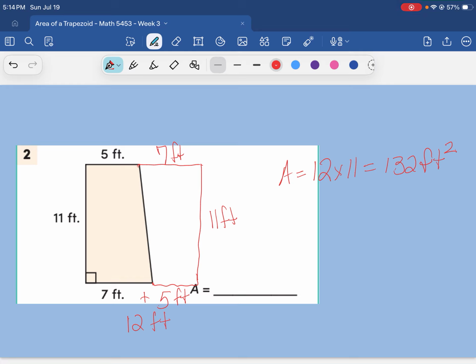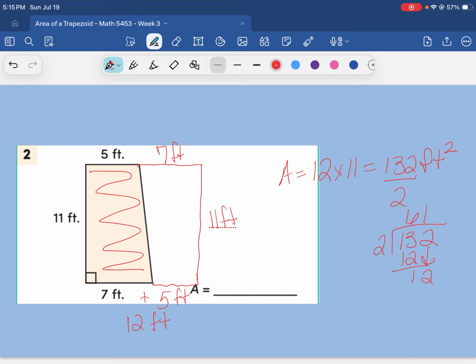But we don't need the area of the entire shape. We just need the area of this trapezoid over here, which is exactly half of that shape. So we divide that by 2. 2 goes into 13 6 times, 2 goes into 12 6 times, which would give us a total of 66